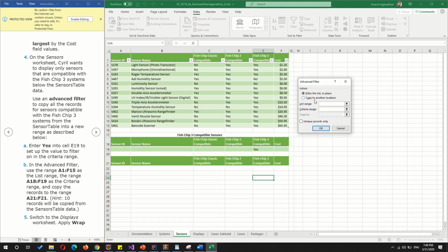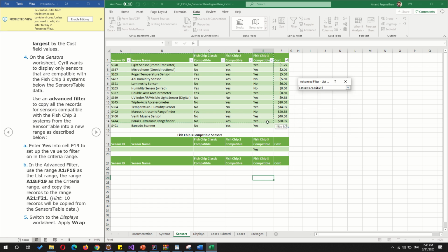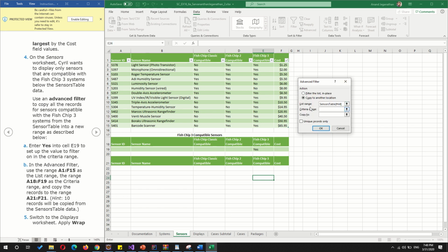It asks you whether you want to filter in place. We don't want to filter in place. We want to copy the result to another location. The list range is the range given here, which is A1 to F15. And then the criteria range is A18 to F19. That's our criteria range. And then we want to copy it to